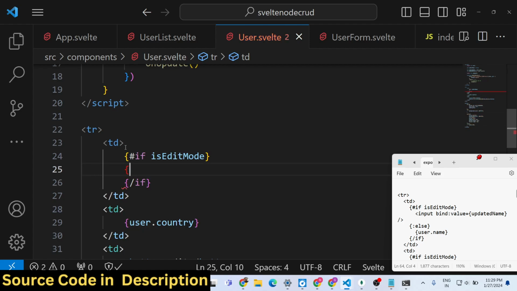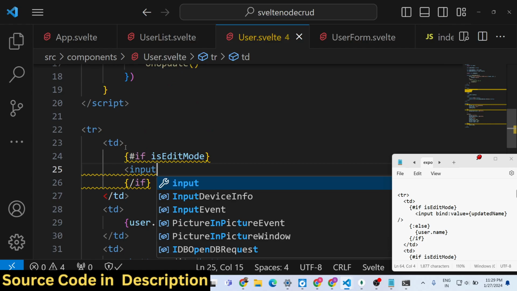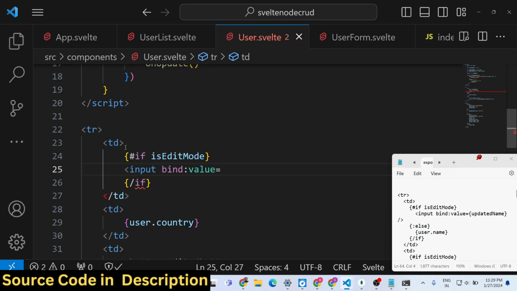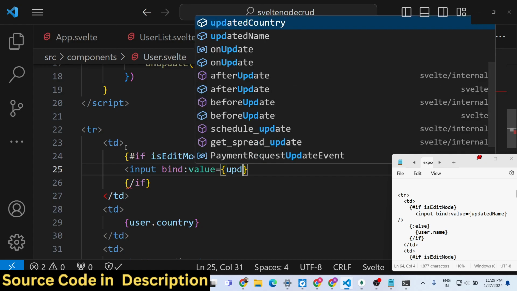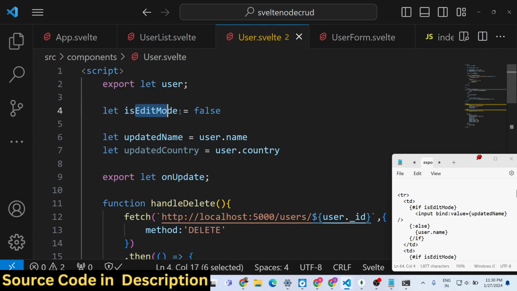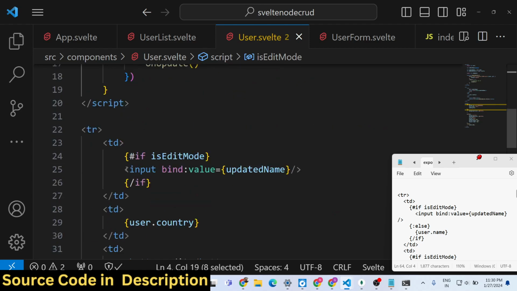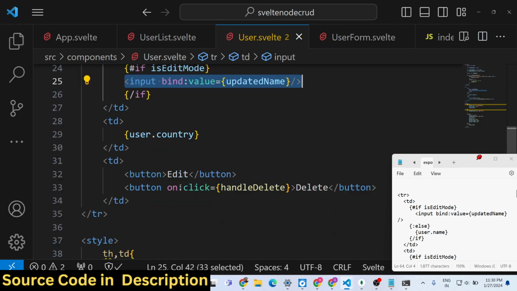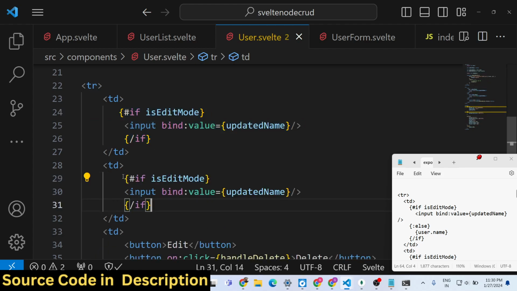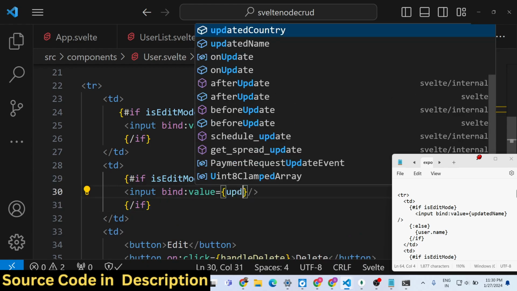Here we will actually show an input field because the user has clicked the edit button. Here we will bind this updated name. You can see the logic here, guys, because they have clicked the edit button, we will make this from false to true in the JavaScript so that it will show the input field. Same we will do for the country as well. So we can simply copy paste. This time this will be updated country,